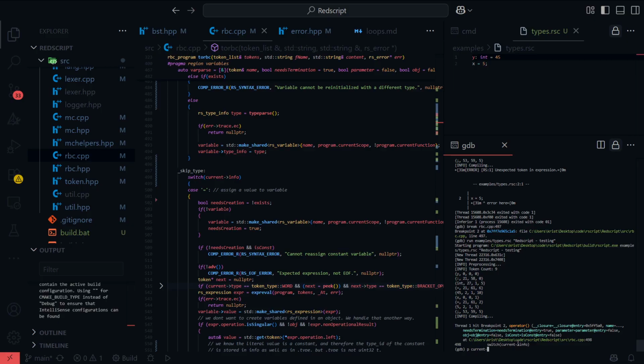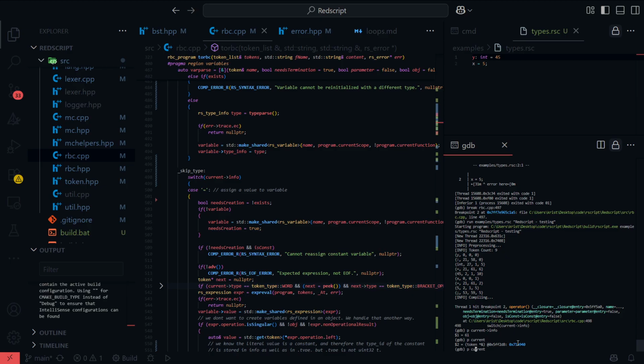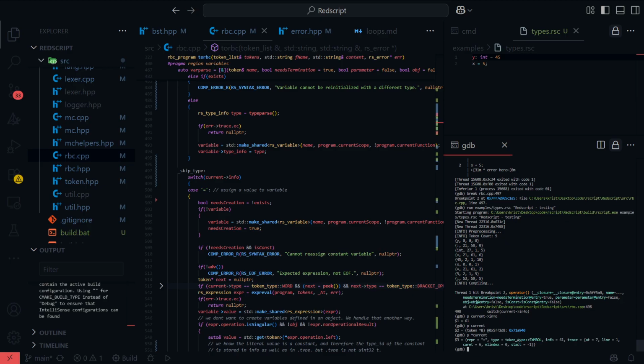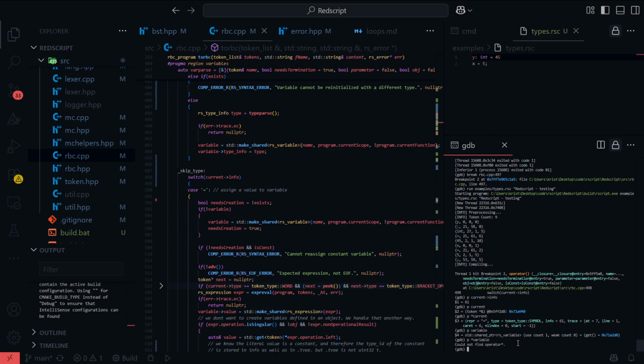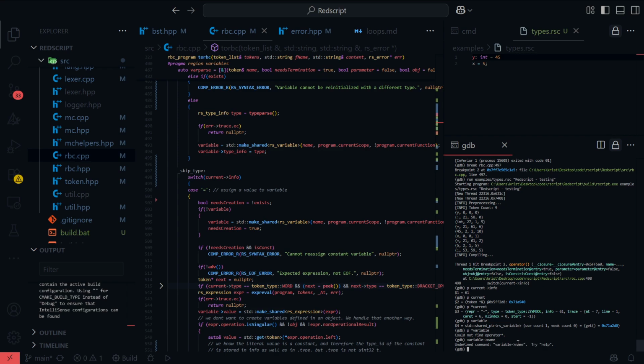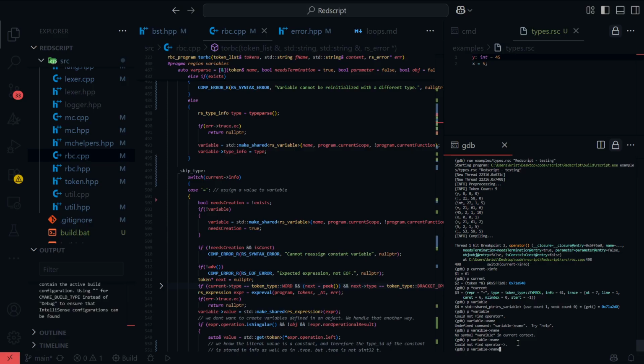So current info, or just current, dereference you, is an equal sign. And the variable should be y. Yeah? Oh my god. What do you mean could not find?